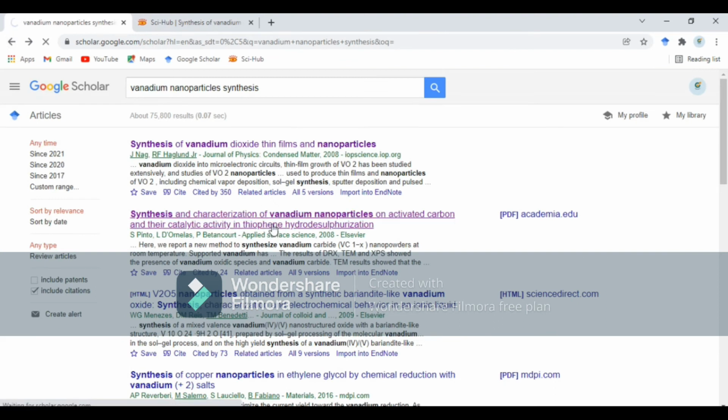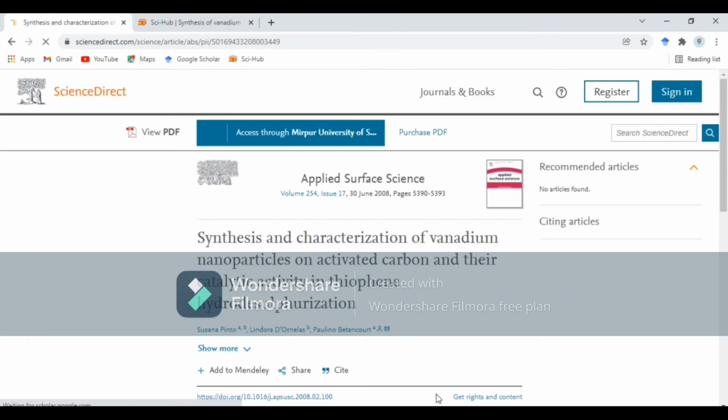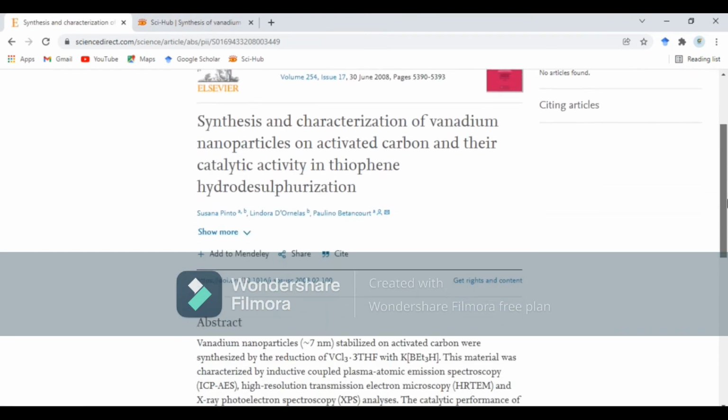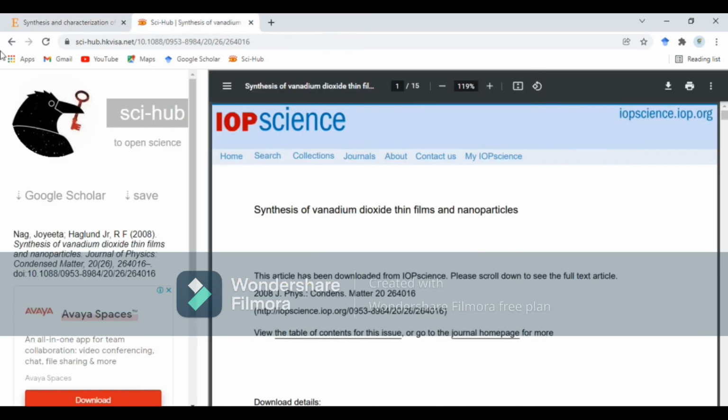Let us open this. Now you look, there is a DOI number. Here is the DOI number of the paper. Click this, copy link address and then paste it on Science Hub.